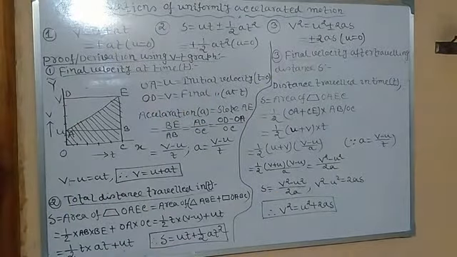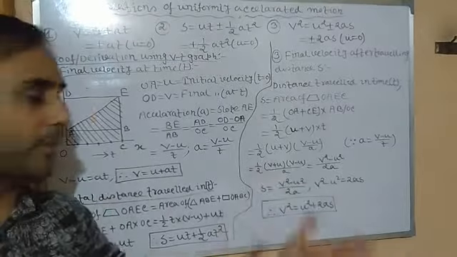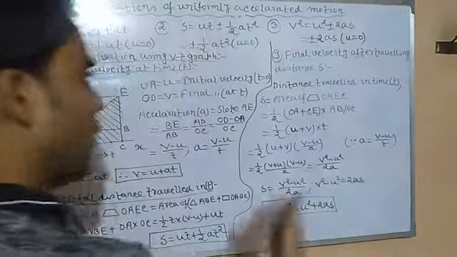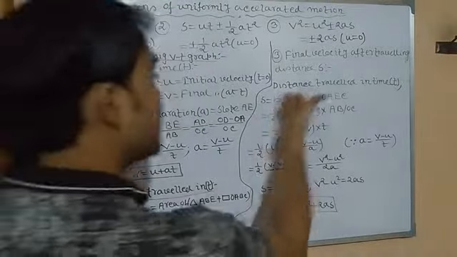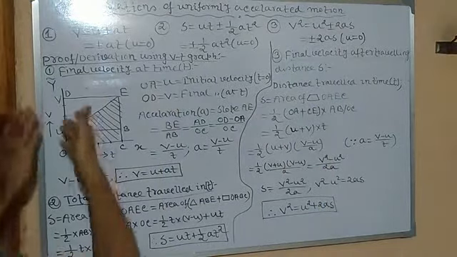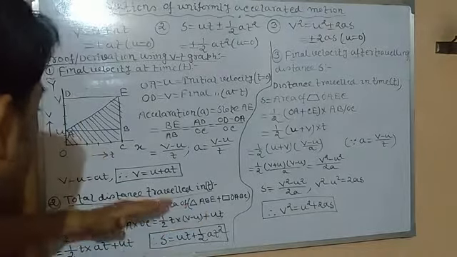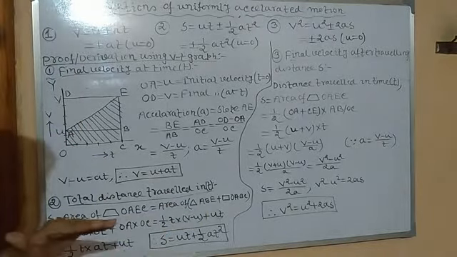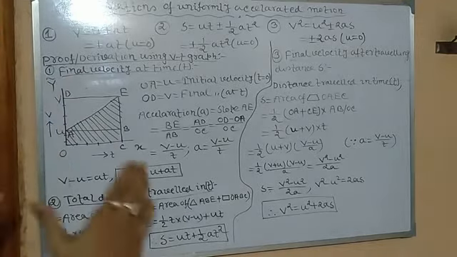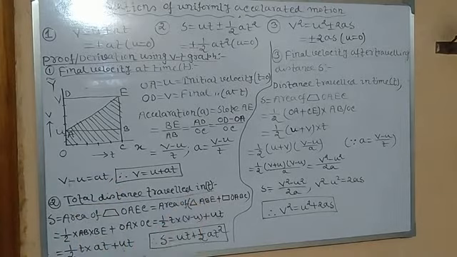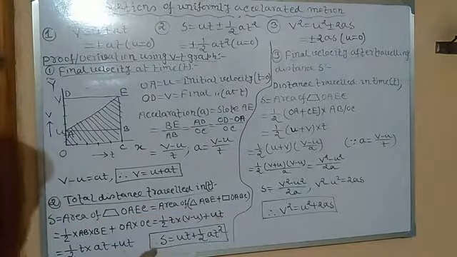That is the final velocity of a body having some initial velocity, moving with uniform acceleration, and after traveling some distance. So again, final velocity after traveling distance. Now we will take the help of this. Since it is distance, we have to follow the same, that is area of the trapezium. But here we will not follow the same. It means we will not find out the area of the trapezium with the help of the triangle and the rectangle. We will use the ready-made formula of area of trapezium, because here we will have to find the final velocity, not the distance. Distance we have already.